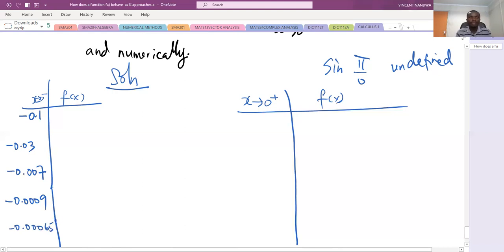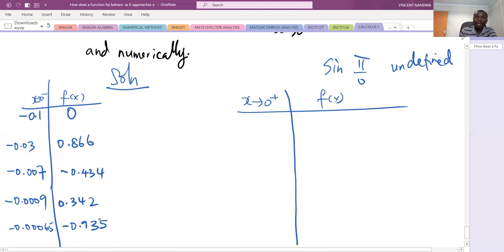So these are values which are very, very close to 0 from the left. So when you put into the function, this will give you 0, this will give you 0.866, this will give you negative 0.434, this will give you 0.342,